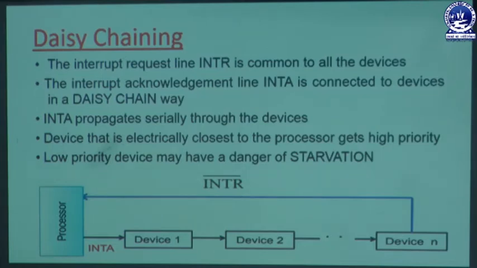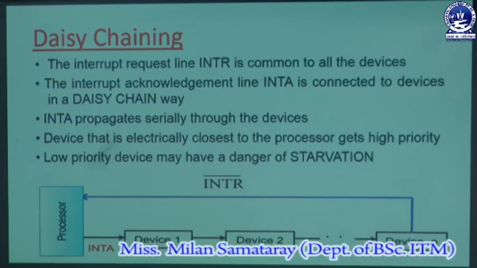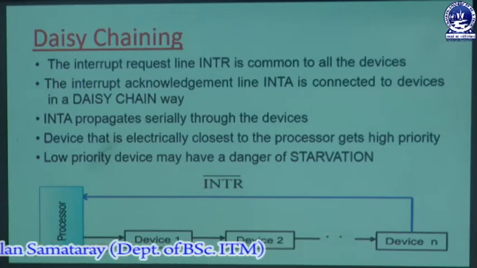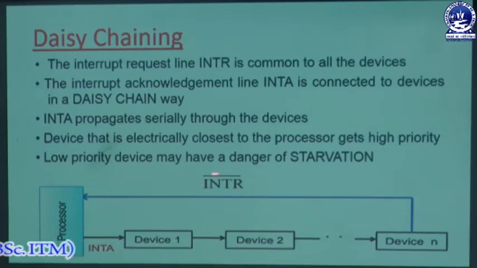And when the processor releases the interrupt acknowledgement signal, here in this picture, as you can see, on the interrupt request line there is a bar symbol, which means it is the opposite. If the signal is transferred by the device, whatever the value, it will be transferred into its logical OR format, and then that value will be transferred to the processor. So that's why this notation.